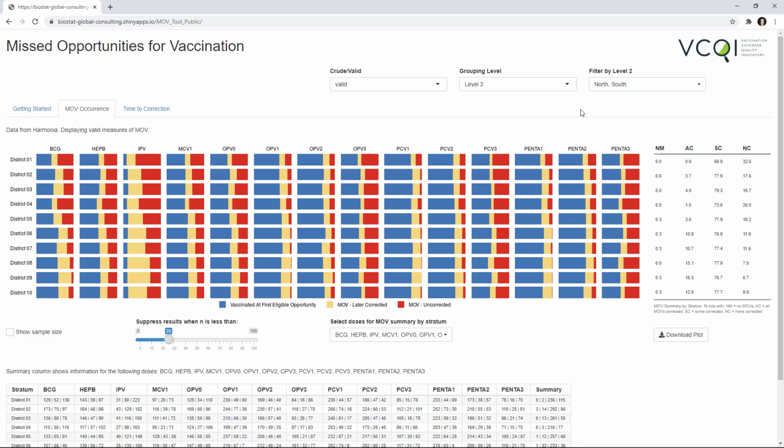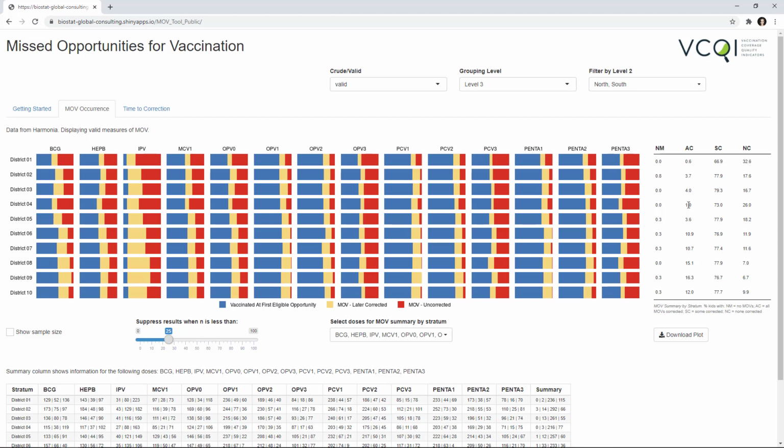The table on the right side of this graphic provides a stratum-level summary. This table shows for each stratum the percentage of kids who had no missed opportunities for any dose, the percentage who had some missed opportunities but all were eventually corrected, those who had some corrected and some uncorrected MOVs, and the kids who had at least one MOV, none of which was corrected by the time of the survey.